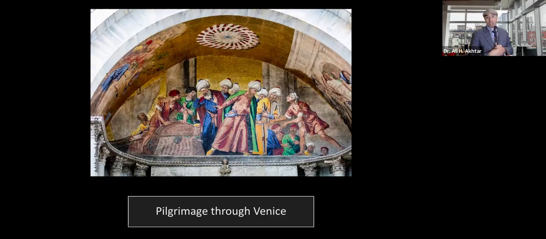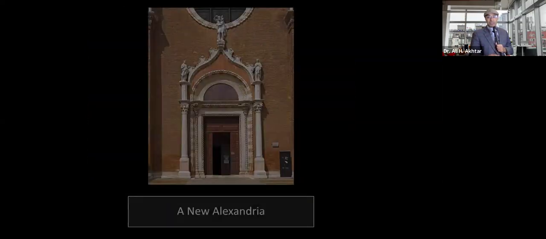Similar to the mosaics you would see in the city of Ravenna, in the church of San Vitale, where centuries earlier, Italian artists had represented in the mosaics the famous mosaic of Justinian, who back in the 500s from the city of Constantinople, before the Ottoman Empire, when Constantinople was the capital of the Eastern Roman Empire, the Byzantine Empire, the Byzantines controlled part of Italy, and the mosaics at the time captured that.